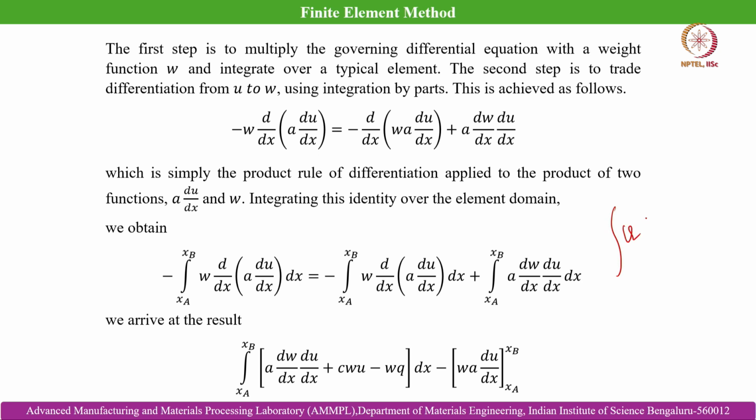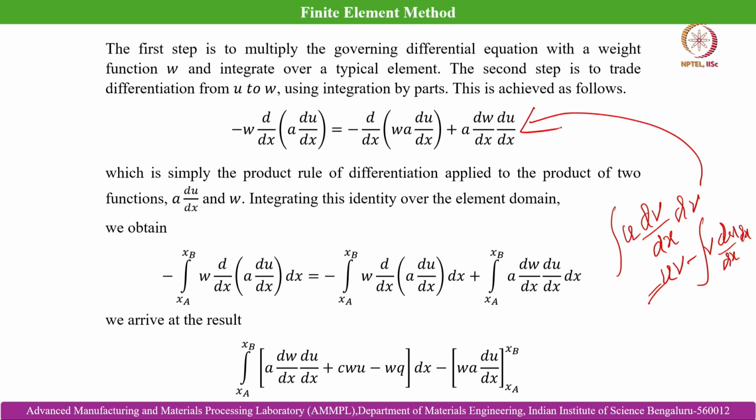Here it is, in this case, the integral of u dv/dx dx. Then we will get uv minus the integral of v du/dx dx. This formula is being applied here, and from there we are getting this expression. If we rearrange the terms, we can arrive at